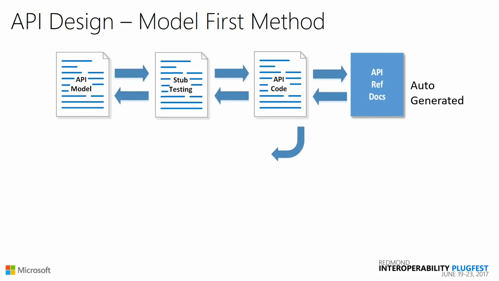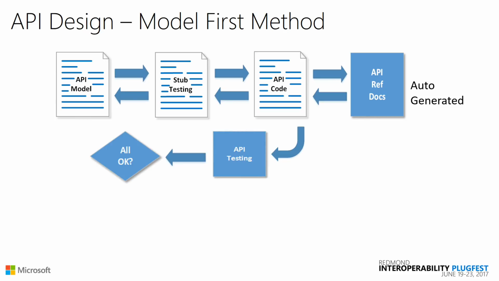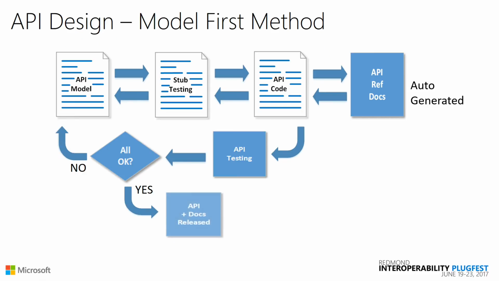So, yeah, everything gets to a stage where eventually you have to decide, are we ready to do some real testing? The answer is yes. Yeah, you go for it. And then once again, hey, is this good to go? Over here, more frequently than not, the answer is yes, but for completion, yes, there's a no scenario where you're then required to go through the process again, and then you come to the all-important, all okay question. You make your go, no-go decisions. The answer is yes. You're ready to release, and API and docs can most of the time be released at